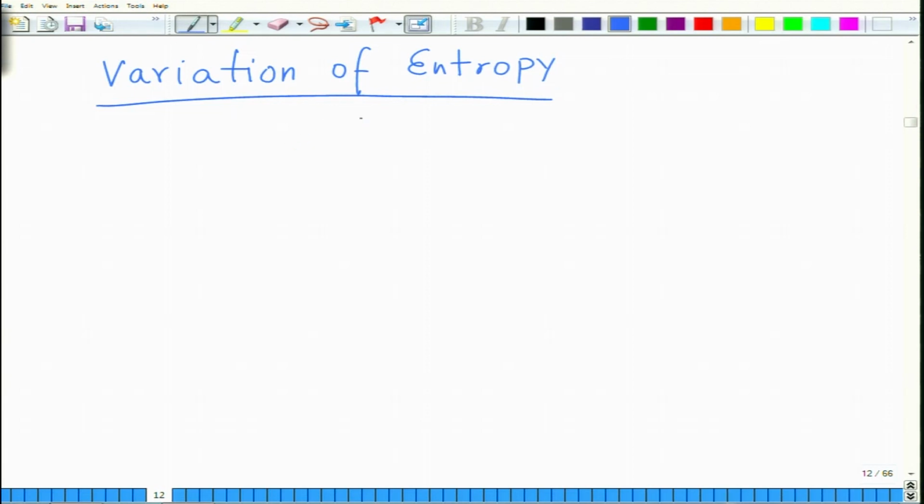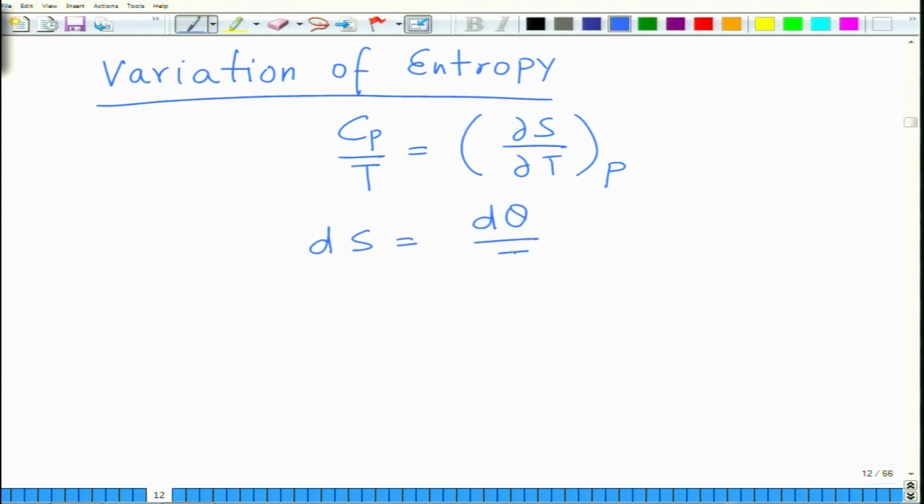Now, we know that Cp, from the basic thermodynamics you need to know this much: Cp divided by T is del S divided by del T at constant pressure, because you know del S is equal to dq by T, and Q, for all practical purposes, if the PV term is small, you can take as H. So, basically this will become